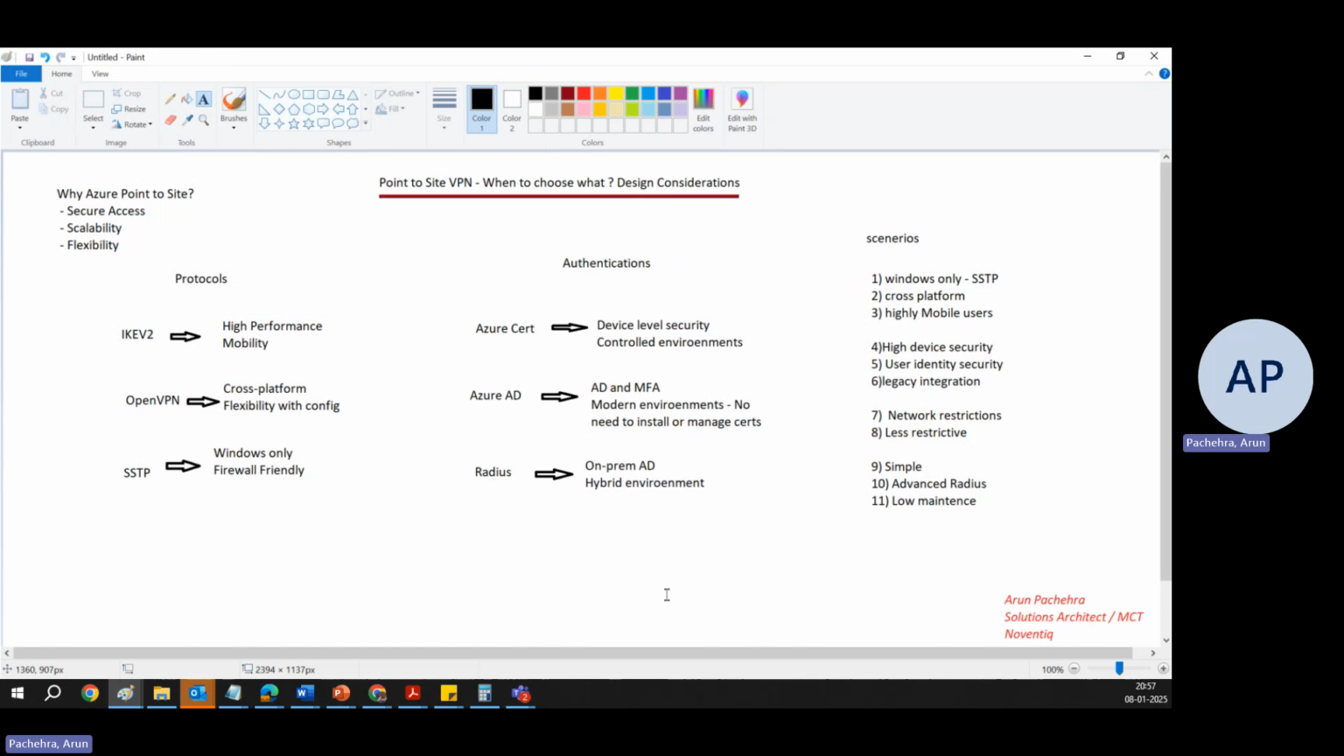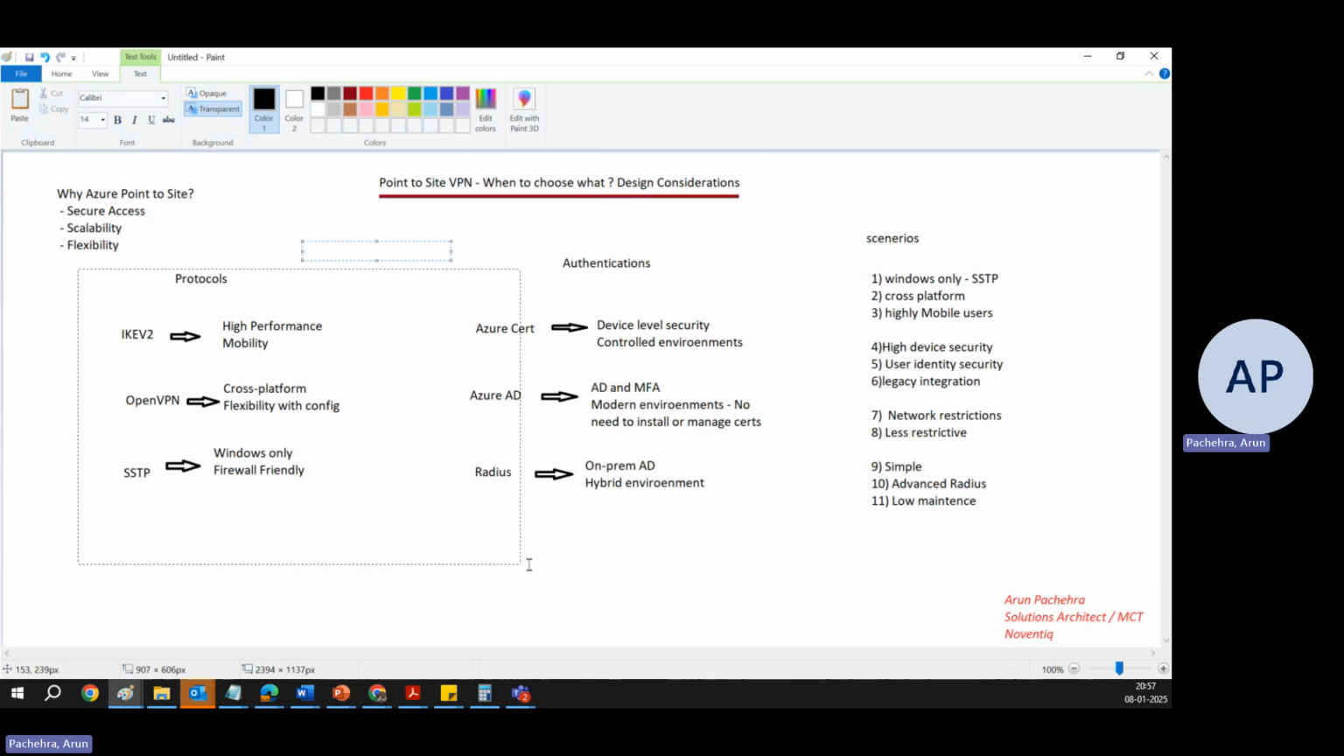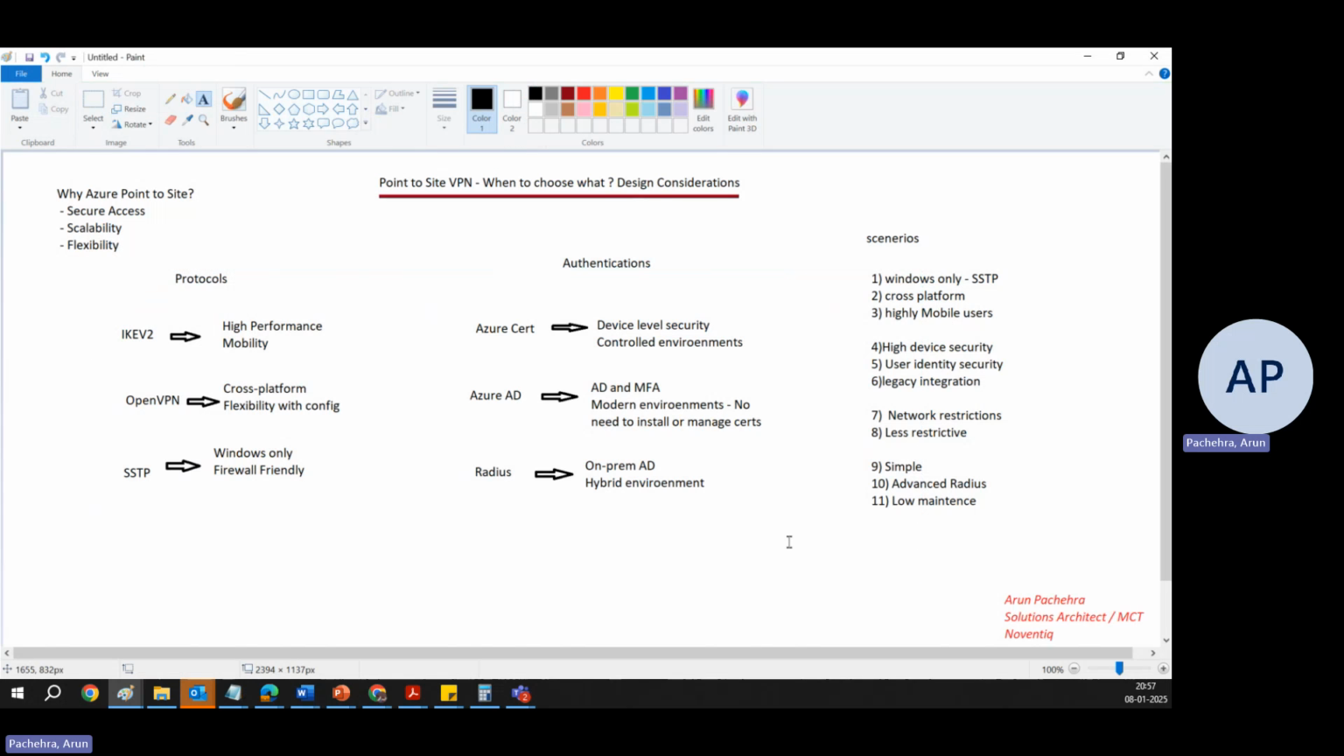So that's how it usually comes even in your exam when you go for the certifications. But more than that, it will help you in your practical knowledge when you're talking to a customer, when you're developing point to site